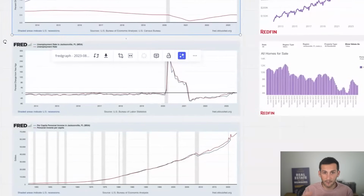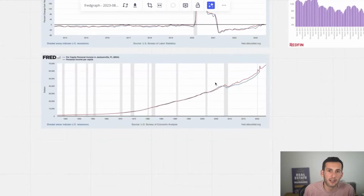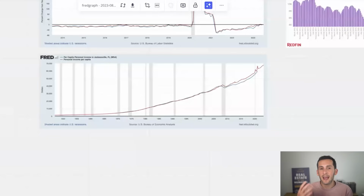I just want to see, because of what's going on in the economy, whether it's going up or going down. It is going up a little bit, which is sort of to be expected during this higher, rising interest rate environment. But it is about keeping pace with the rest of the US average, which to me is a good sign. The last thing I'll look at here from a macroeconomic perspective is just income, because income, again, helps you